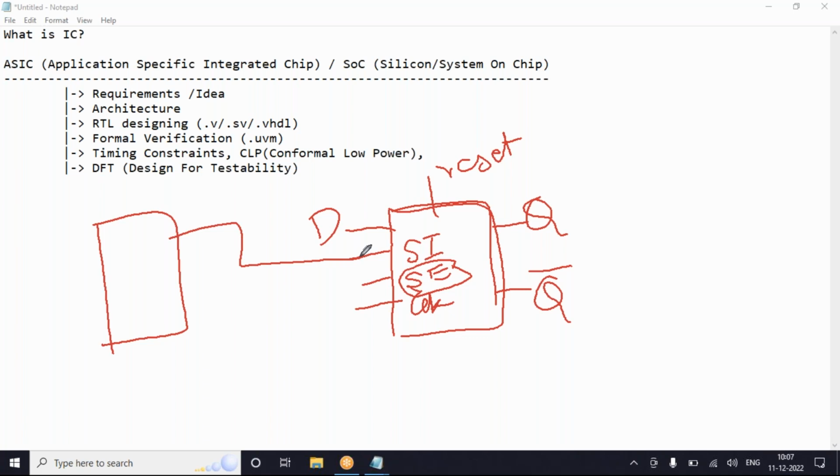The scan chains are developed in such a way that a number of sequential circuits are connected back to back with Q to SI connections. Clear so far? Any questions?